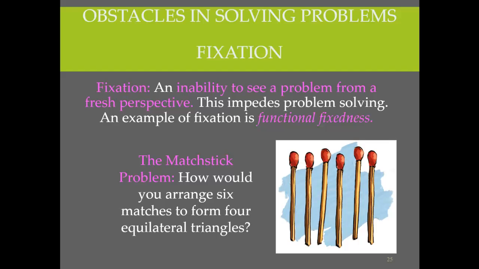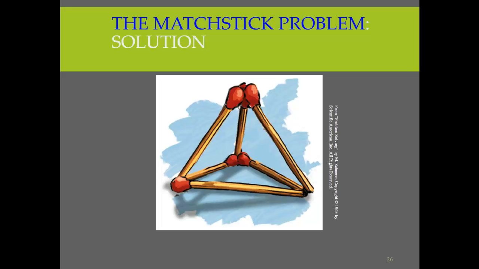So the matchstick problem: how would you arrange matches to form 4 equilateral triangles? A lot of people would lay them flat on a table and try to figure out, okay, how can I make 4 triangles out of this? And you really can't by laying them flat on a table. The solution involves balancing them more vertically here to get 4. There's 3 there, and then there's the 4th one where it's on the table. But that inability to consider that they could be leaned up against each other, sort of like a tent, is fixation and functional fixedness. When they're overcoming that and they come up with a new way to solve it, that's overcoming functional fixedness.